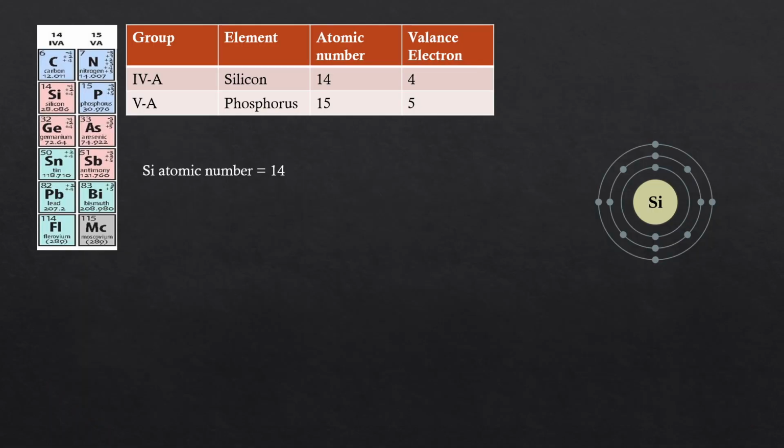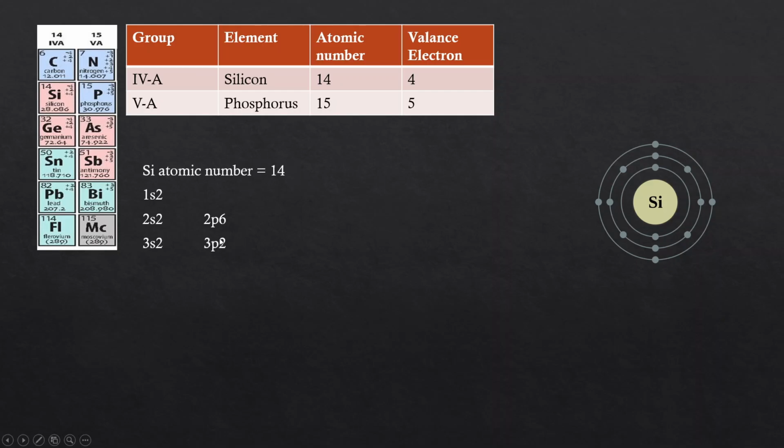The atomic number of silicon is 14. Now we are going to follow the Aufbau principle and fill its electrons, and see which subshell we find. 1s2, 2s2, 2p6. So 2 electrons, 2 to 4, and this 6, 4 and 6 is 10. Now we have 4 remaining electrons.